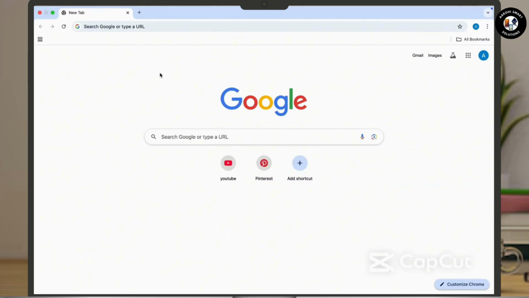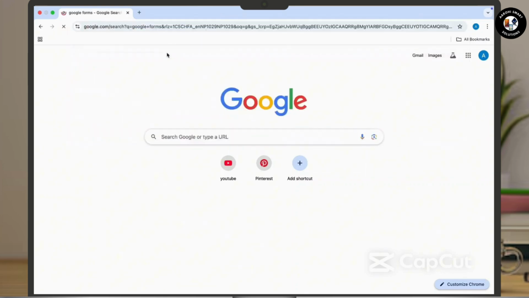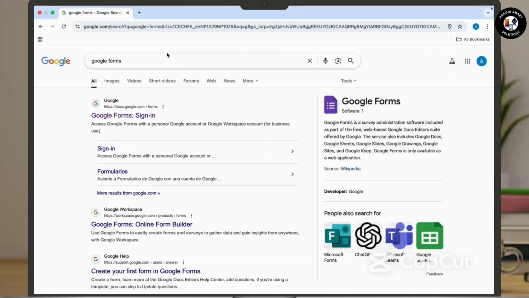Then all you have to do is type in the search address bar for Google Forms and search for it. Once you search for it, make sure you navigate to the Google Forms official website. Once in there, make sure you sign in using your Google account. And now, once you are signed in and you are inside Google Forms, you'll get to see various